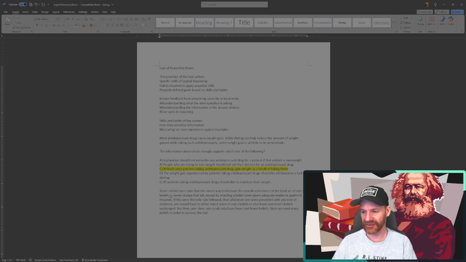The statisticians' claim must be mistaken. The argument is most vulnerable to criticism on the grounds that it